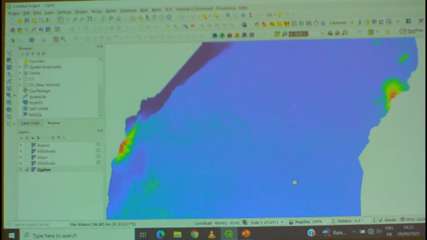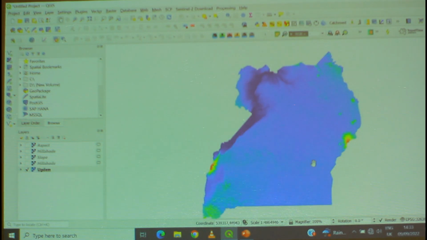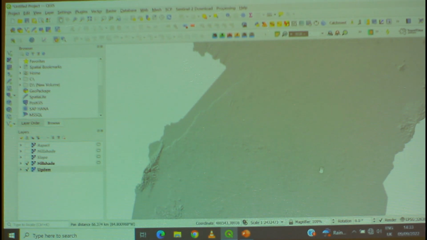You see, this is in a single band pseudo color, and as you can see, it's beautiful. Now, if we activate again our hillshade, you see, we cannot see our single band pseudo color map behind it, because now the transparency of this hillshade is still 100%. So we are going to change its transparency from 100% to around 50-55%, so that we are able to see